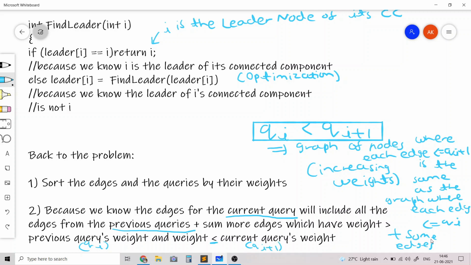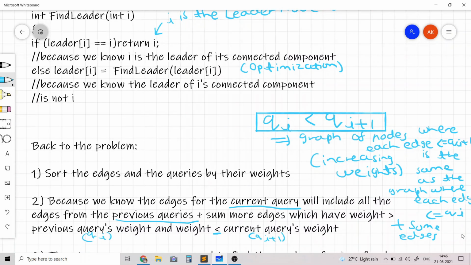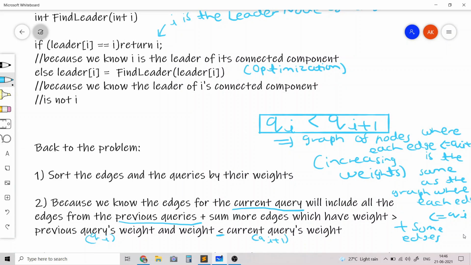That basically means that we can use the disjoint set union data structure to keep track of the connected components for each query, and the graph which we are forming will have each edge less than or equal to the weight of the current query.